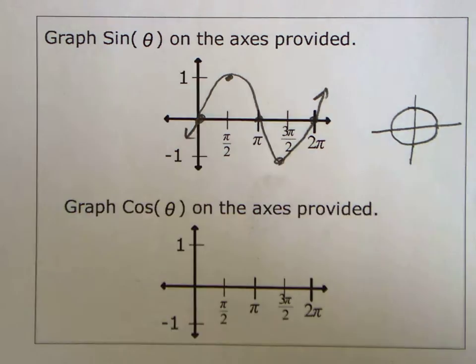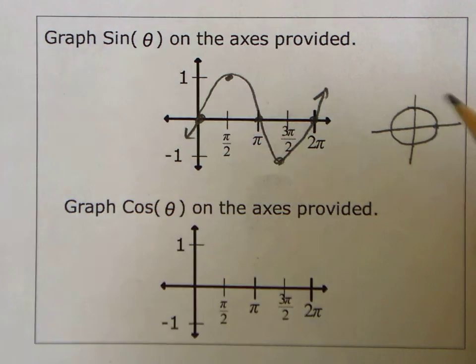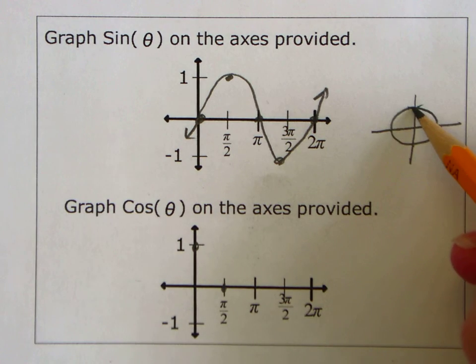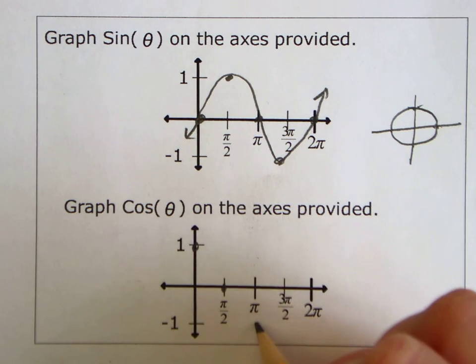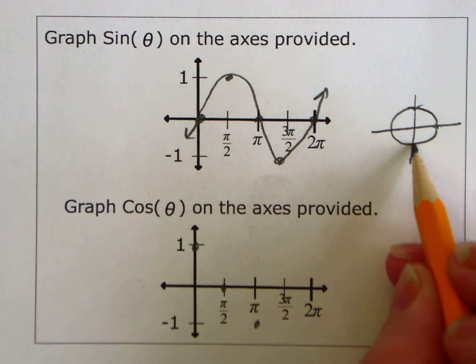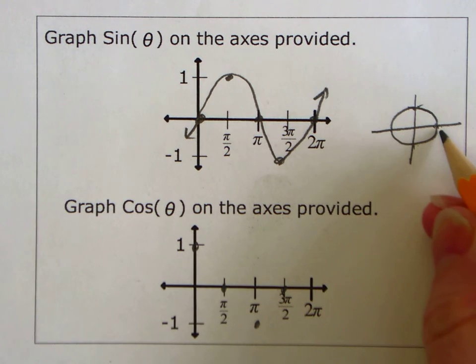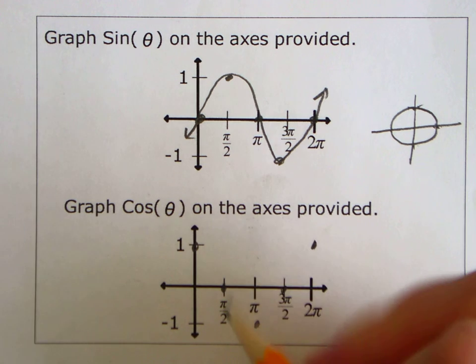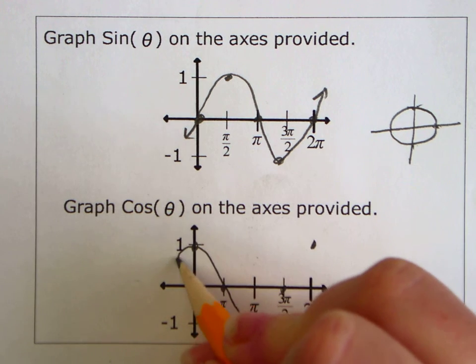Cosine are our x values. Your x value starts at 1, and then it goes to 0. X value then goes to -1. X value goes to 0, and then back up to 1. So this one looks kind of like a U,